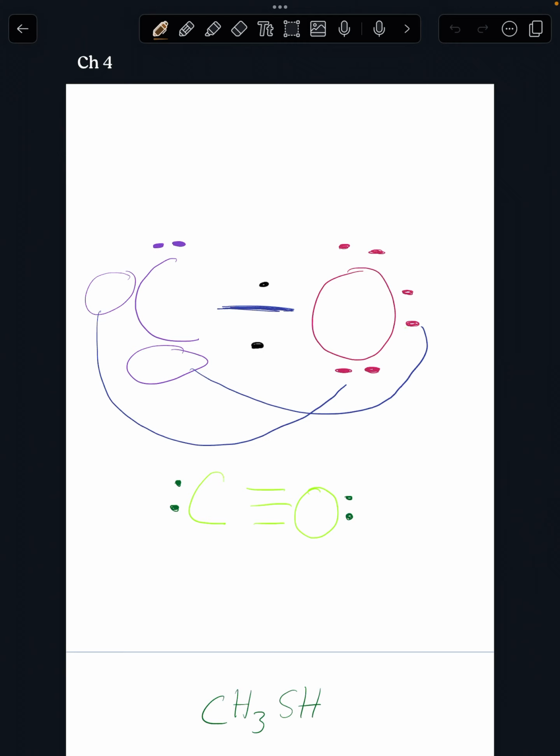Hey, so this is the rest of that chapter 4 homework. So it's general chemistry for chapter 4. And just as a reminder,